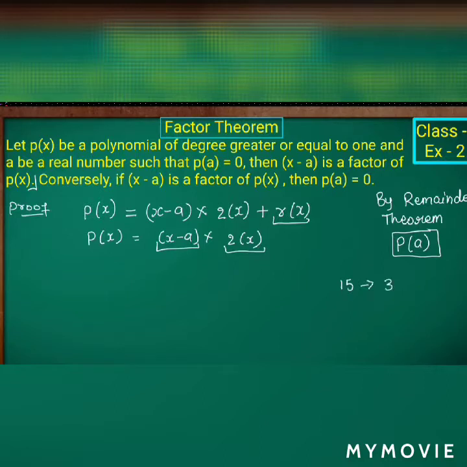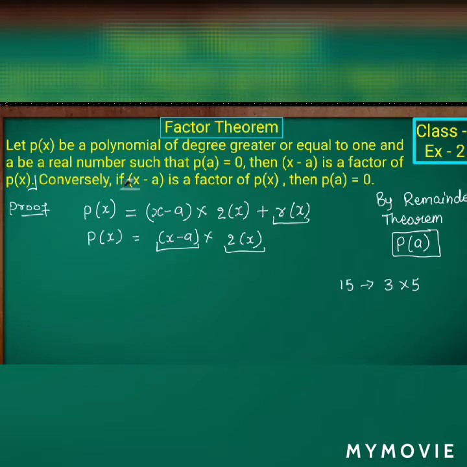So if the remainder is 0, then what will we get here? p of x is equal to x minus a into q of x. We know that. So how were we finding the factors of any value? Suppose I want to find the factors of 15, which is a multiple of 3 as well as 5, isn't it? As well as 15. So 15 ones we will get, or else 3 fives also we will get. So I can say 3 and 5 are the factors of 15. That is how we have to find the factors of p of x: x minus a as well as q of x will be the factors of p of x.